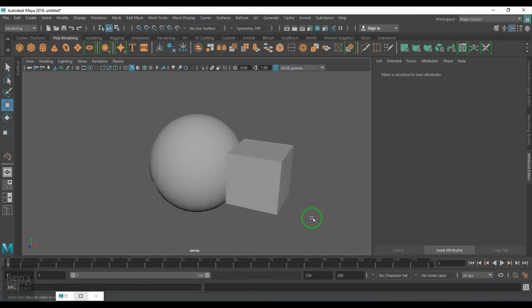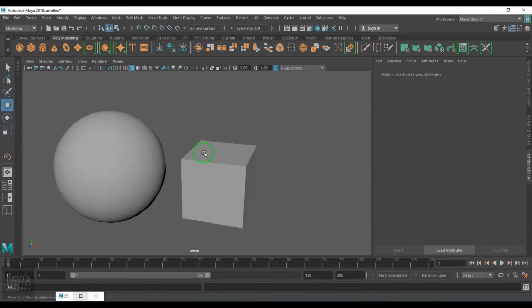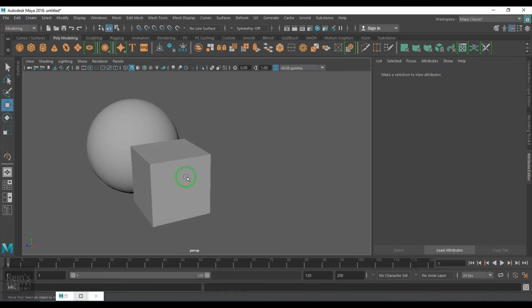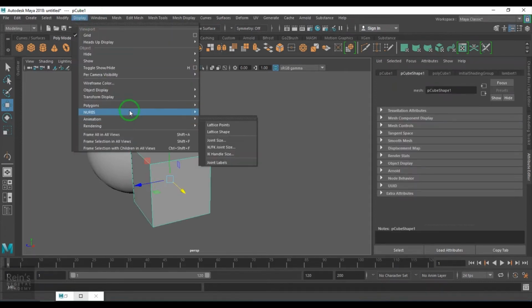Even if I take a cube, the top face has got a different gray value, the front face has got a different gray value, and this side has got a different gray value. So this is pretty dark. I will just keep moving, and that becomes darker. Then when I start rotating this, one face starts becoming bright and this face starts becoming darker. Now how is this happening? We have something called normals.